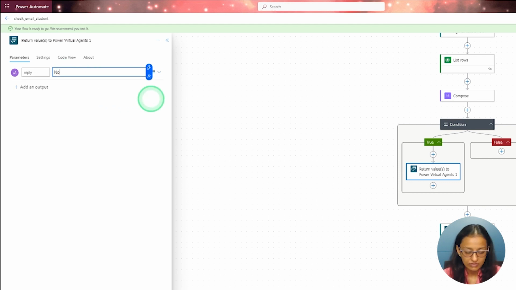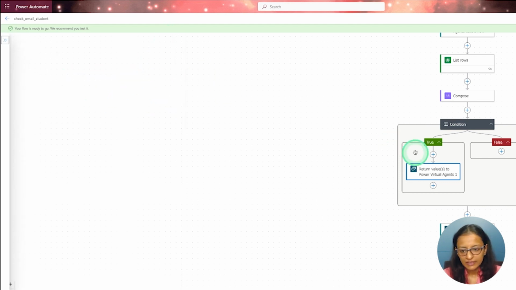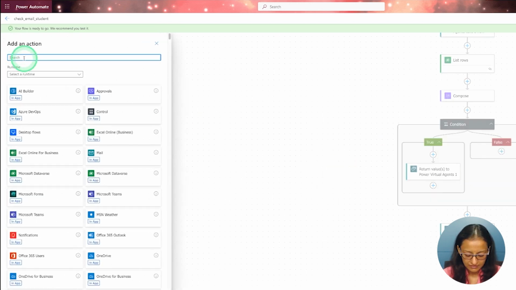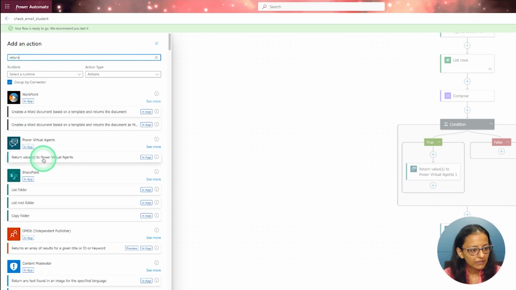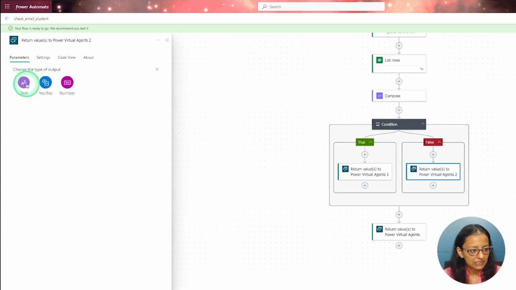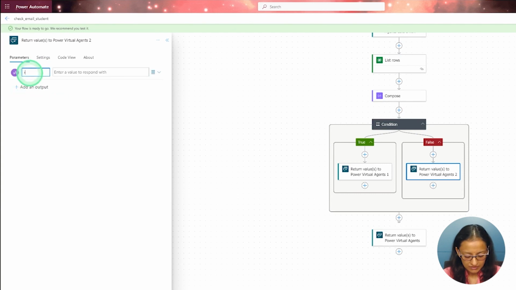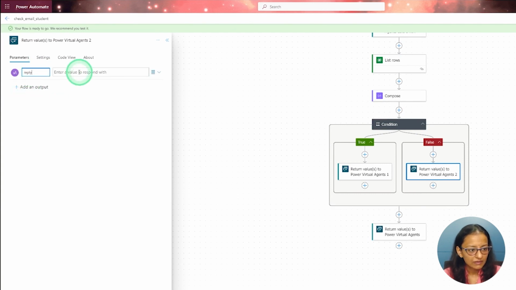Okay, hit and close this, and here if it is there then I will select student is there. Return values to Power Virtual Agent, and I am taking the same variable reply, and yes. Okay, so either it can return this or this.